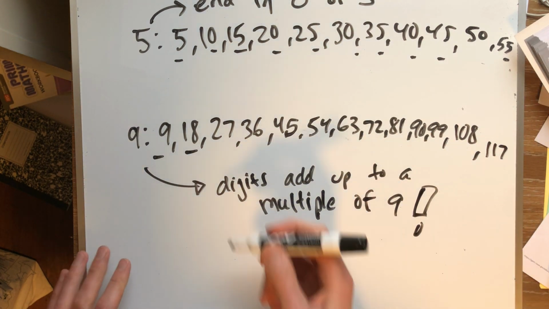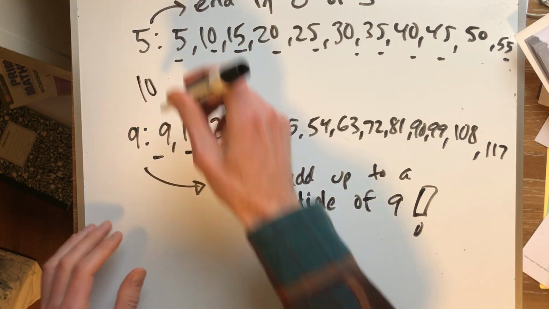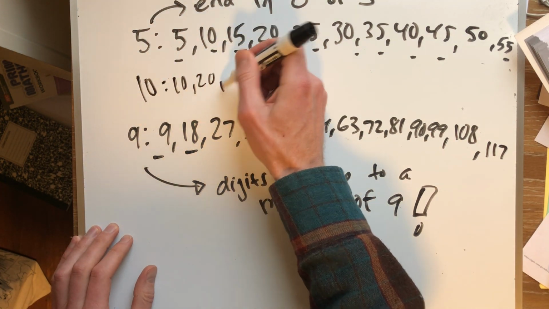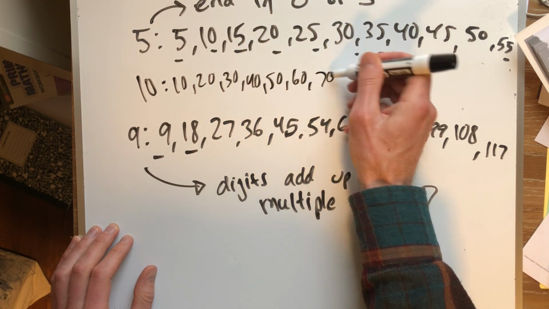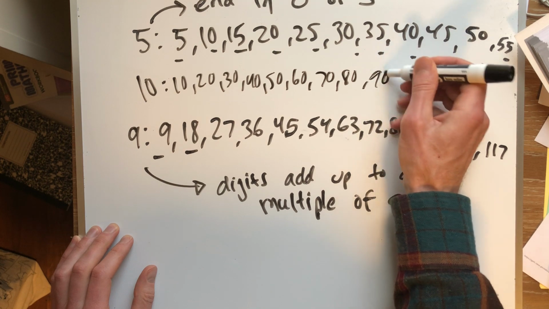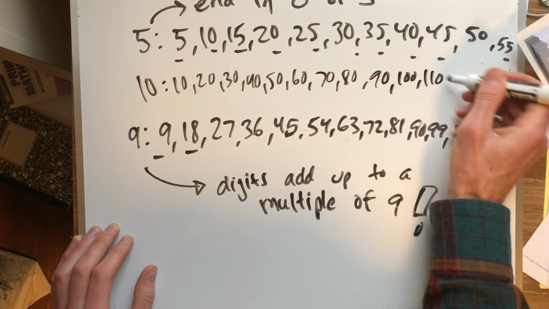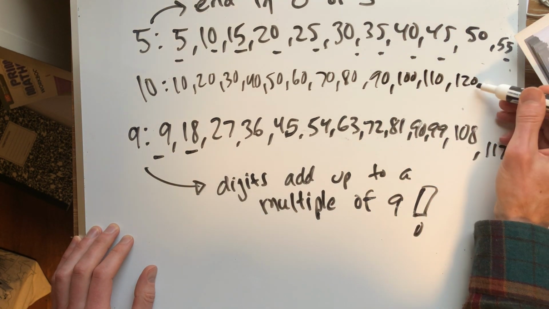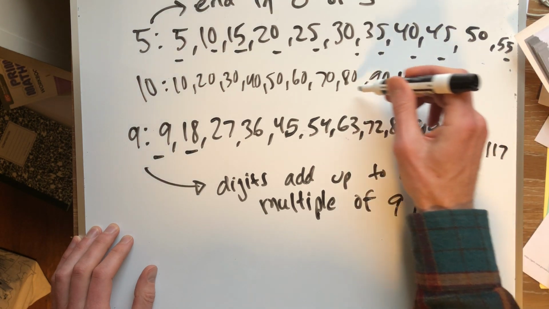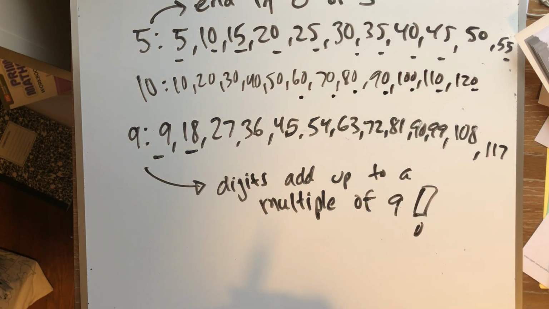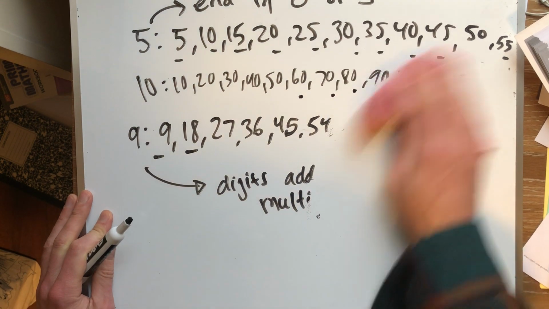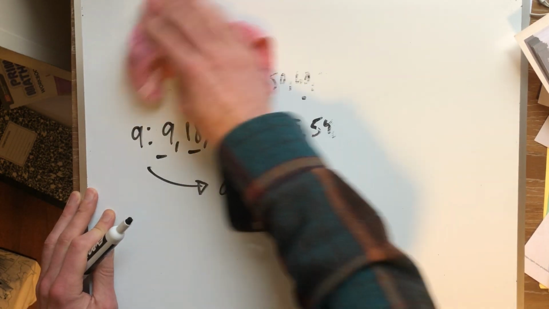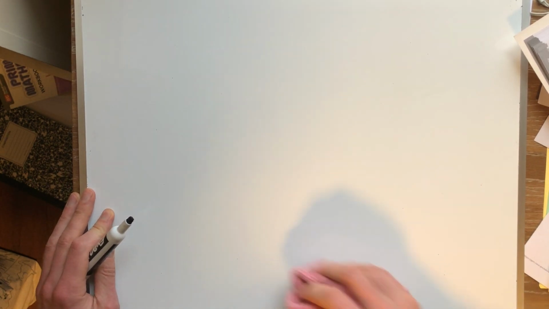And then 10, you know those, right? 10, 20, 30, 40, 50, 60. What do those all end in? 0. If you end in a 0, it's a multiple of 10. So you can watch that part of the video again if you want, to really let that sink in. So today you're going to be doing